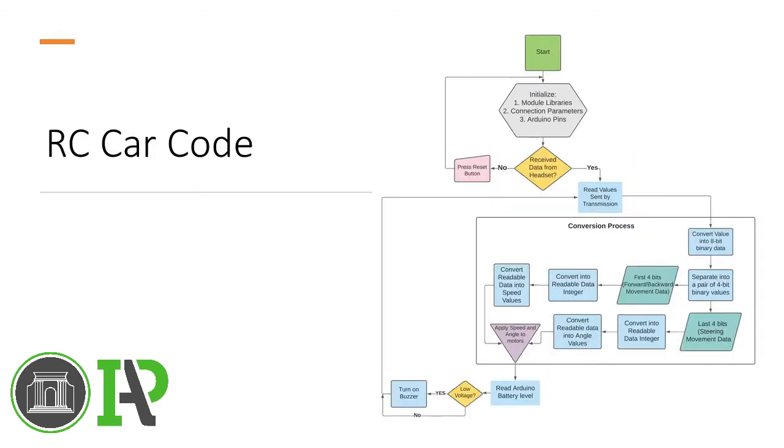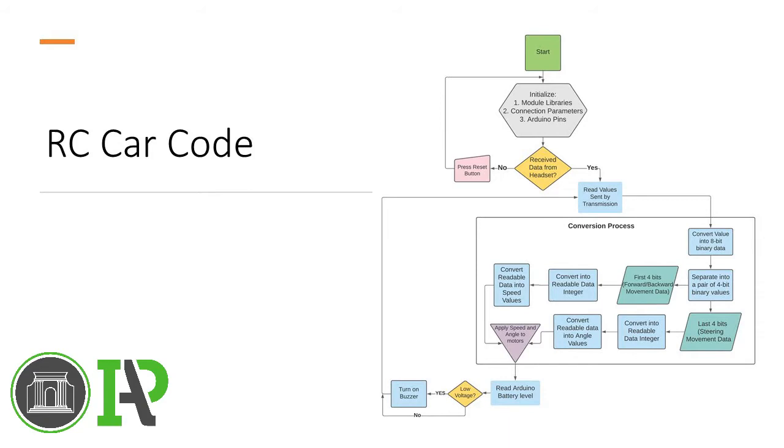The RC code starts by initializing the module libraries, parameters, and pins to be used. If data from the headset is not received, the reset button should be pressed. If received, the Arduino Mega will read the value sent by transmission. This decimal integer, converted previously by the TX, will enter a conversion process, where the value will be converted back